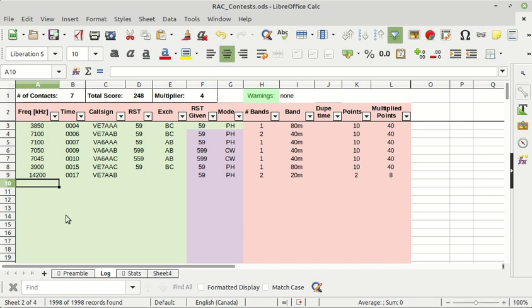And it would be the same if we had made that contact on CW instead. So as you're putting in your entries, let's keep going here, 59 BC. As you put in your entry, check for that warning area at the top here to see if you've got any issues, either with duplicates or, for example, if we've mistyped the frequency, if we're outside the ham bands,